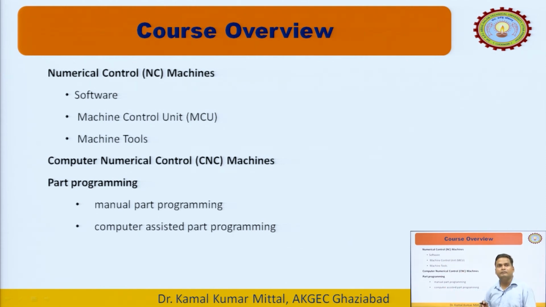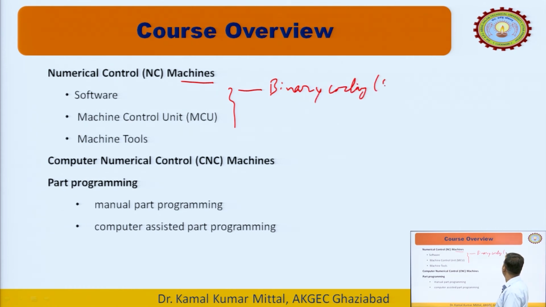Now there are other topics like numerical control machines. In this there are three components: software that is used for giving instruction. In this we are using binary coding in form of 0 and 1. Then the machine control unit, it is having input output devices, buffer stock, and memory storage, and that machine control unit basically gives the instruction to the